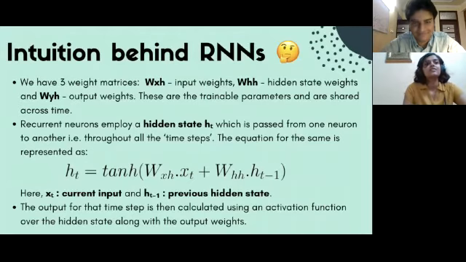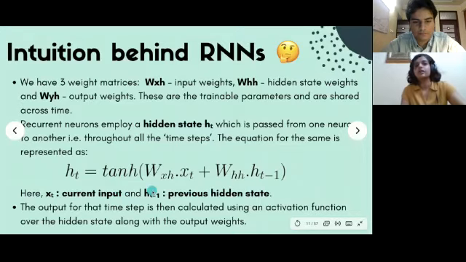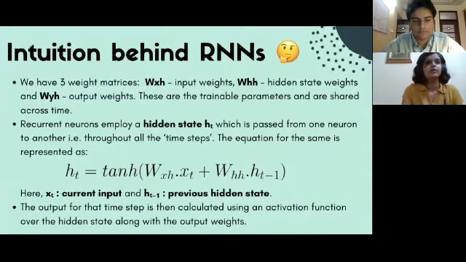So this is the function for hidden state, which is nothing but what I mentioned in the last slide. See here, you have tanh and you've got the current input x of t. You've also got h of t minus 1. So they are multiplied by the respective weight matrices, that is WXH and WHH. Okay. So a combination of them, as I suggested, is what is being passed into the tanh activation function. And why do we use tanh? Because we want to squash the values between -1 and 1. Okay, I hope that's clear.